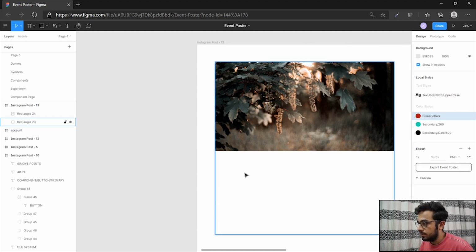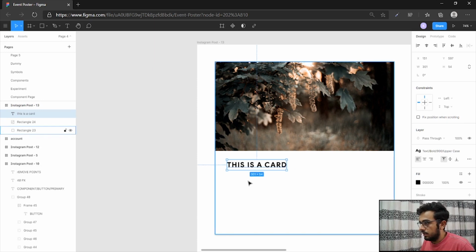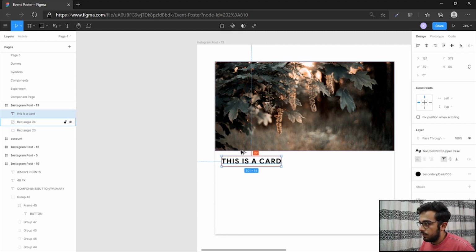And now I want to add some text here. So let me click on this T and start typing out my text. This is a card. Alright, so it has already taken up the text style. So let me also give it a color. I've given this a color from our palette, and now let's space it evenly from left and top.